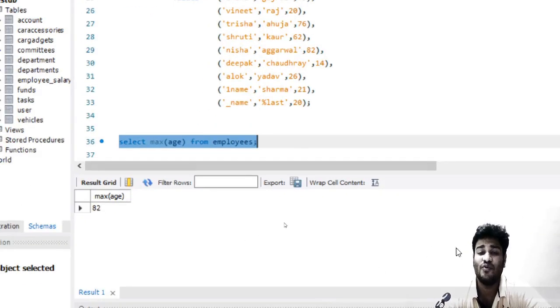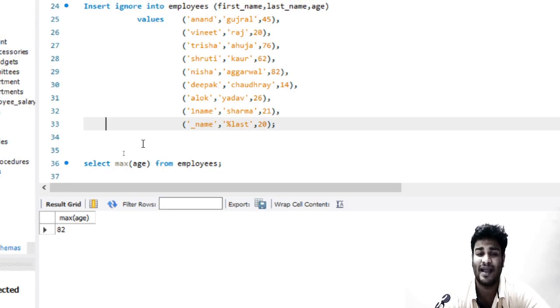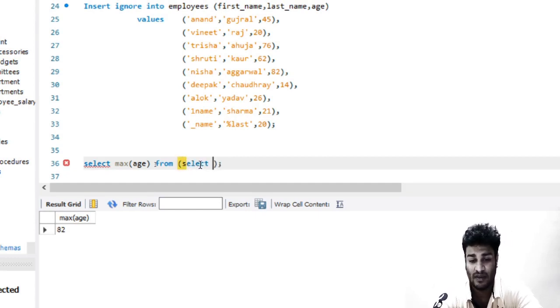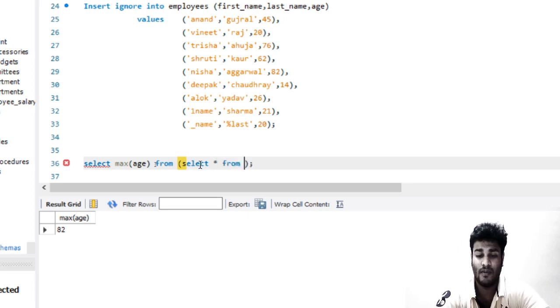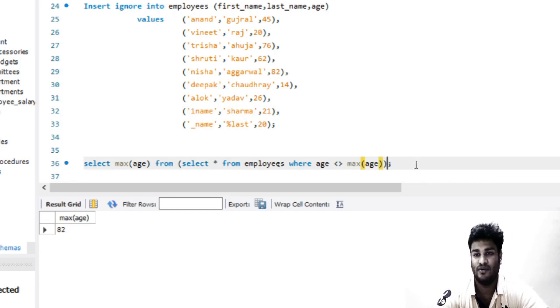But what if I have to get the second max age? How will I get the second max age? Rather than saying employees, I will give another inner employee, which is the derived table, and say select star from employees where age is not equal to max age, and another end to it.